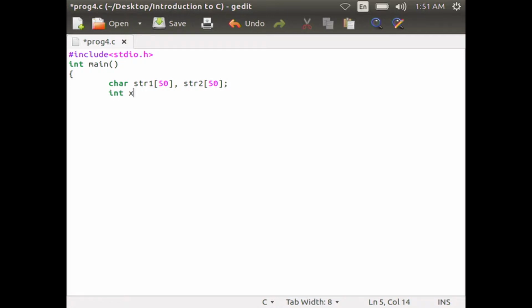Int x equal to 20, then sprintf str1, value of x equal to percentage d, comma x.